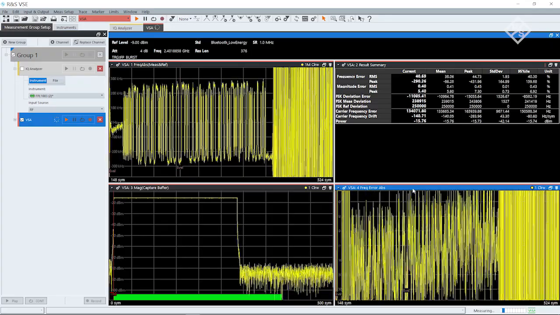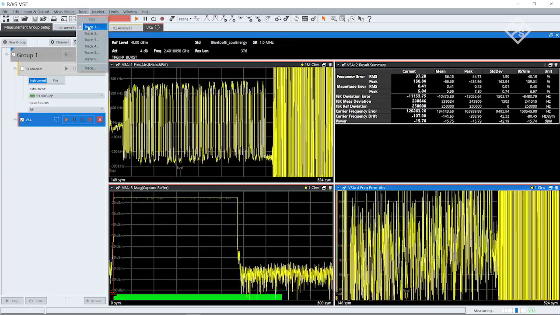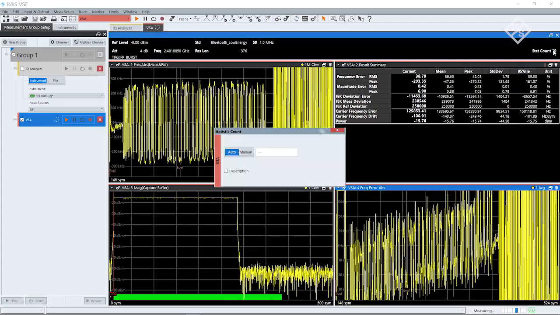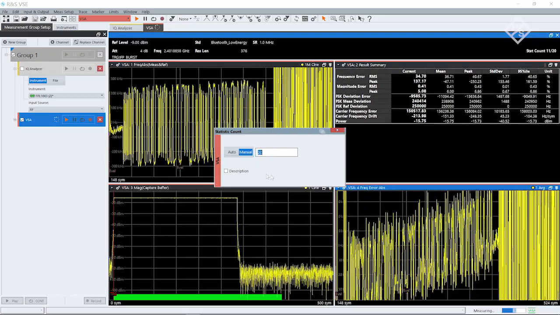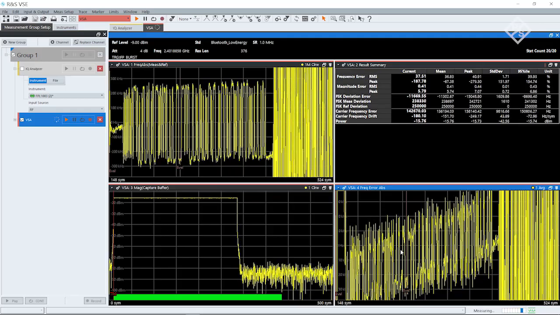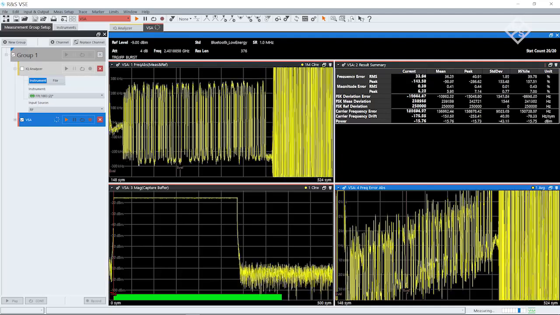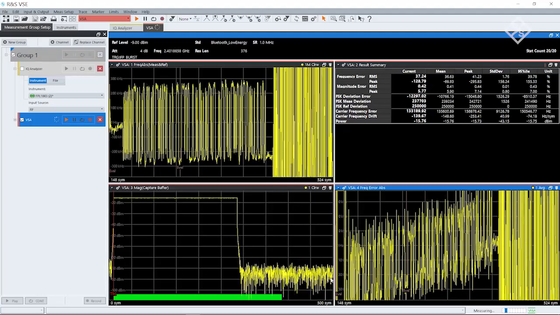And we can clean this one up a little bit by using a little bit of trace averaging. So I'm going to come up here to trace, and I'm going to turn on averaging, and I'm going to increase my trace averaging to 20 to get a little more cleanup on that data. And you can see over the period of a single burst, we do see that the carrier frequency is slewing upwards slightly. Today we've demonstrated how to use the VSE Vector Signal Explorer software to demodulate a Bluetooth low energy